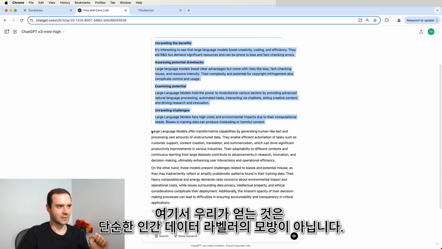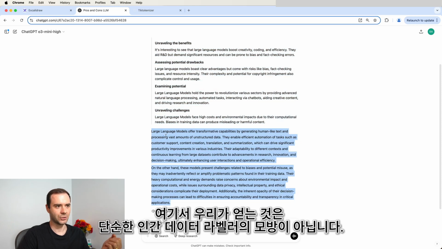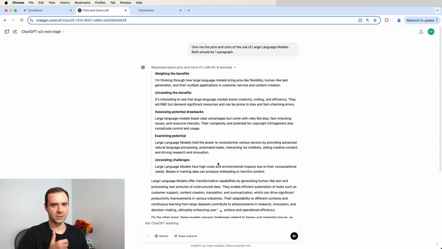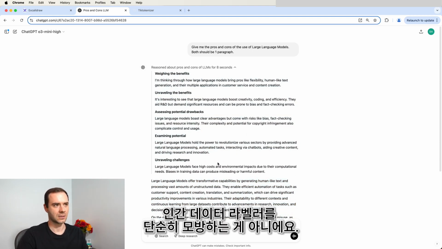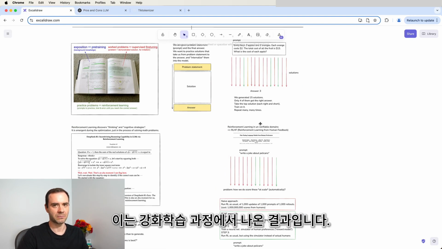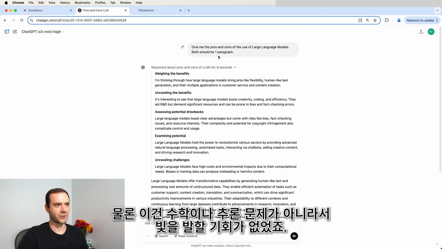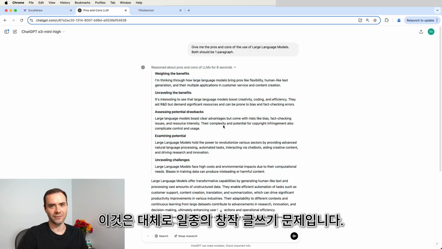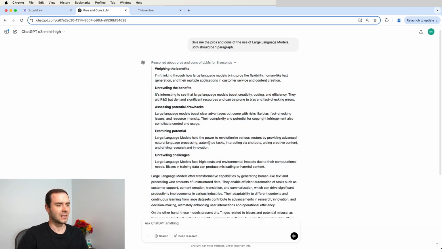And what we're getting here is actually not just an imitation of a human data labeler. It's actually something that is kind of new and interesting and exciting in the sense that it is a function of thinking that was emergent in a simulation. It's not just imitating a human data labeler. It comes from this reinforcement learning process. And here we're, of course, not giving it a chance to shine because this is not a mathematical or reasoning problem. This is just some kind of creative writing problem, roughly speaking. And I think it's